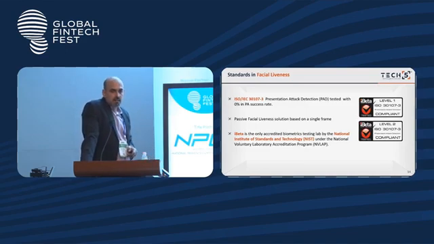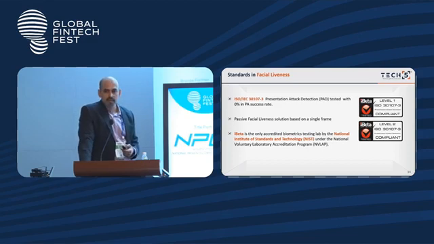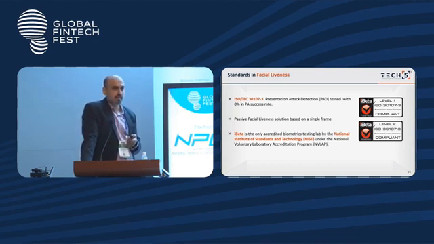Coming to liveness, since we are talking about facial, one of the most important things to guarantee that a particular transaction is genuine is to conduct facial liveness. This is especially important as we have started seeing more and more digital onboardings that are happening using facial technology. And that is where there is this laboratory iBeta. This is just one of the many laboratories that are out there in the world. There are a few others. One is in Switzerland, one is in Australia, who actually go ahead and look at technologies, and then they give out a conformance certificate saying that a particular technology is ISO IEC 30107-3 compliant.